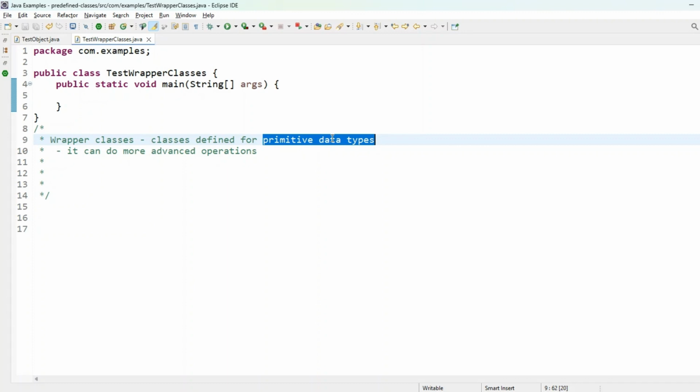Could be converting a number to a string or a string to a number, or finding out whether a particular character is a digit or an alphabet. If you want to do these kinds of operations, you would be writing too much code. But you don't have to do that, because we have wrapper classes given by Java and they are defined for